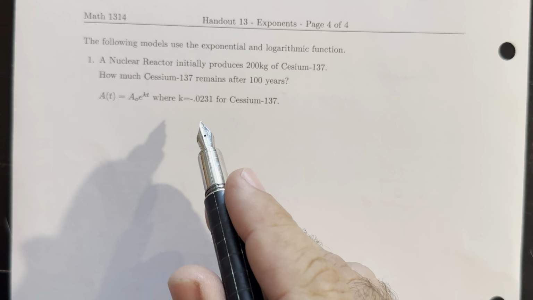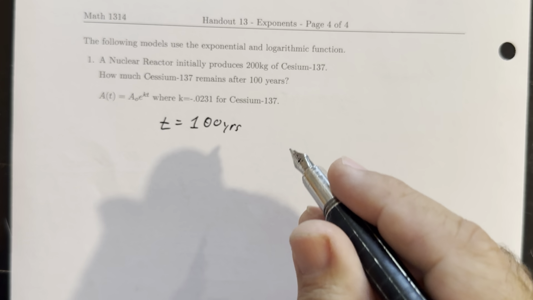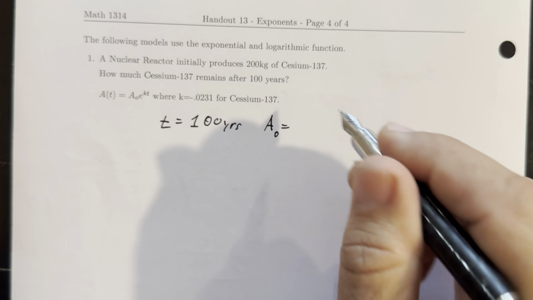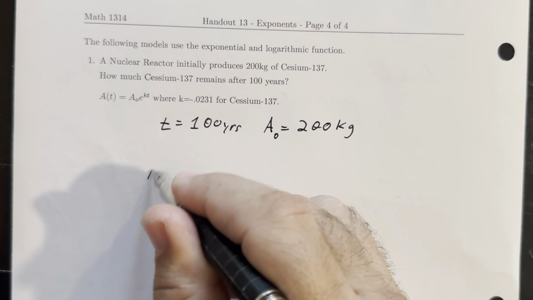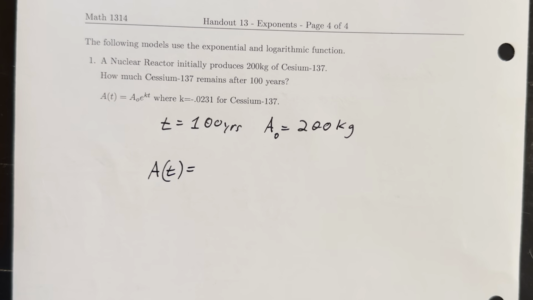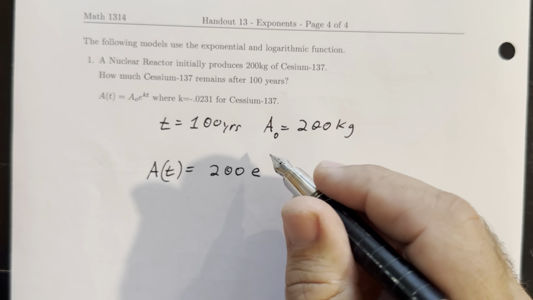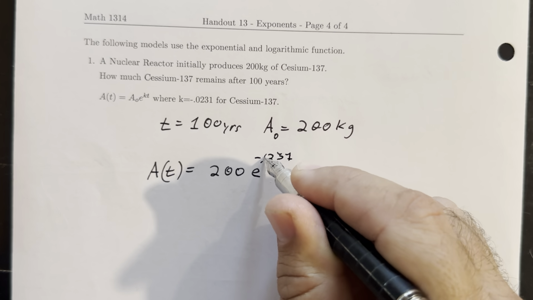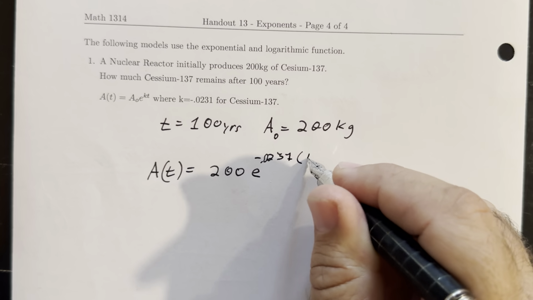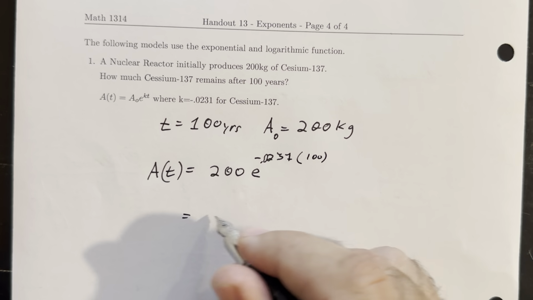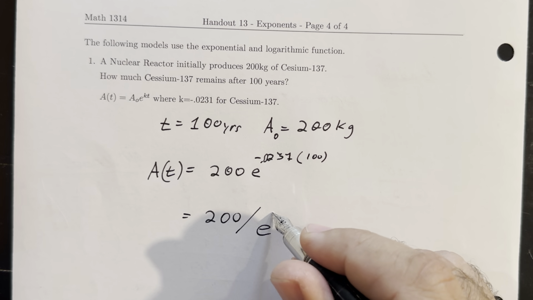All right, so we've got a time frame of 100 years. And our initial amount of cesium was 200 kilograms. Okay, we want to know how much at time t. So A(t) is 200 times e raised to the negative 0.0231, negative, and that's being multiplied by 100 years. Or more simply, 200 divided by e to the